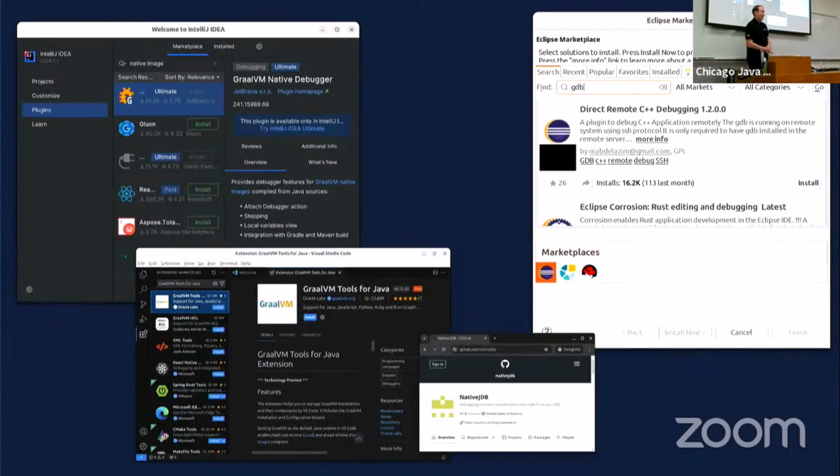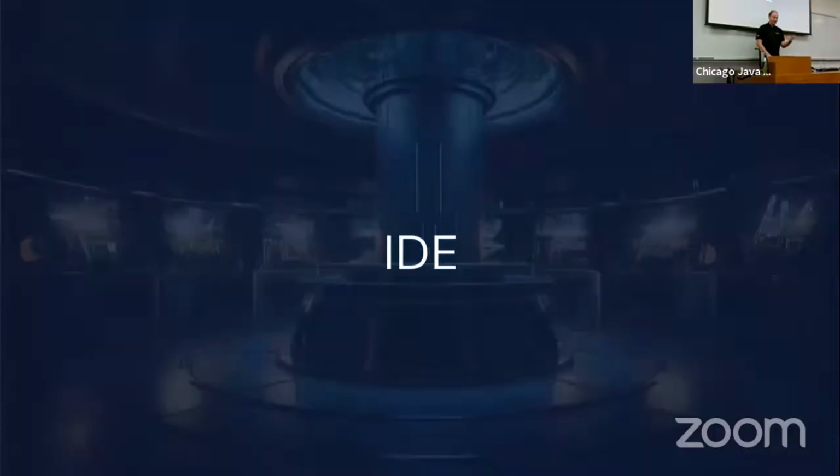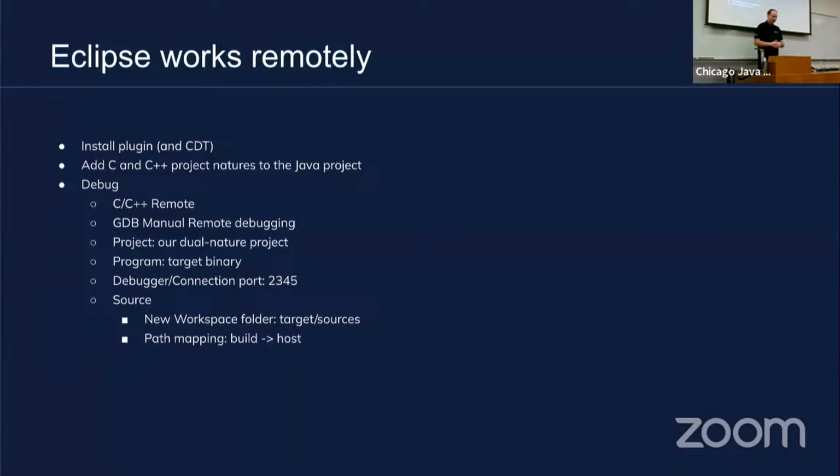And I started in spring this year to explore the space of tooling. And surprisingly, the IDE that had the best support out of the box was Eclipse. And after my presentation, guys from JetBrains appeared and started to ask questions. So we decided to join our efforts to provide better tooling in the IDE, and partner with JetBrains. So yeah, I will show Eclipse, and you can find an article on how to set up some debugging with Eclipse. It's not that hard, but the overall IDE experience